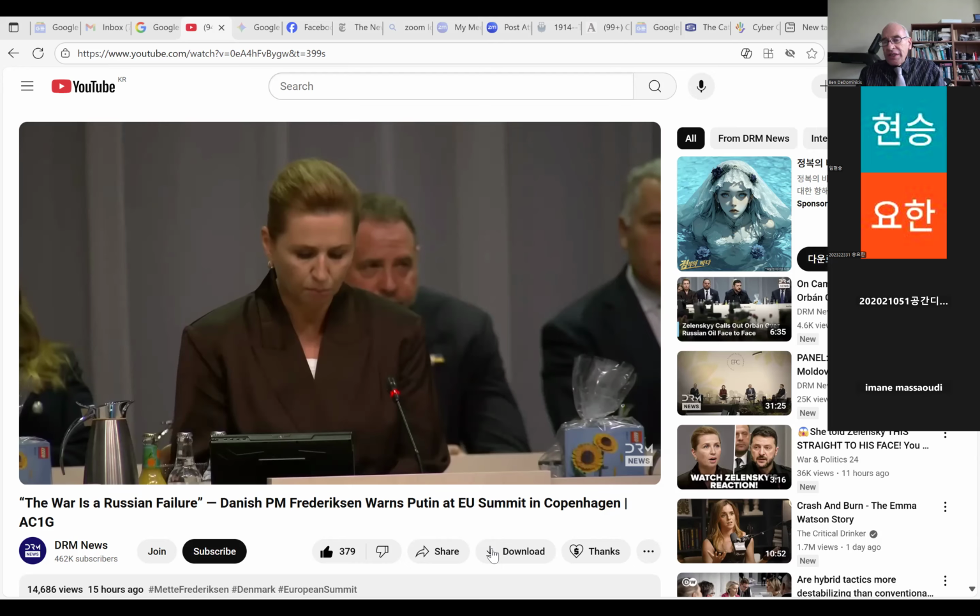You get 40 countries, and that's called the European Political Community. Basically, it's a way to mobilize resources to deal with Russia, to contain Russia, to incentivize Russia. So they're all there in Copenhagen at this informal meeting of the European Council and a meeting of the European Political Community. And so that's why it's called the EU Summit in Copenhagen.